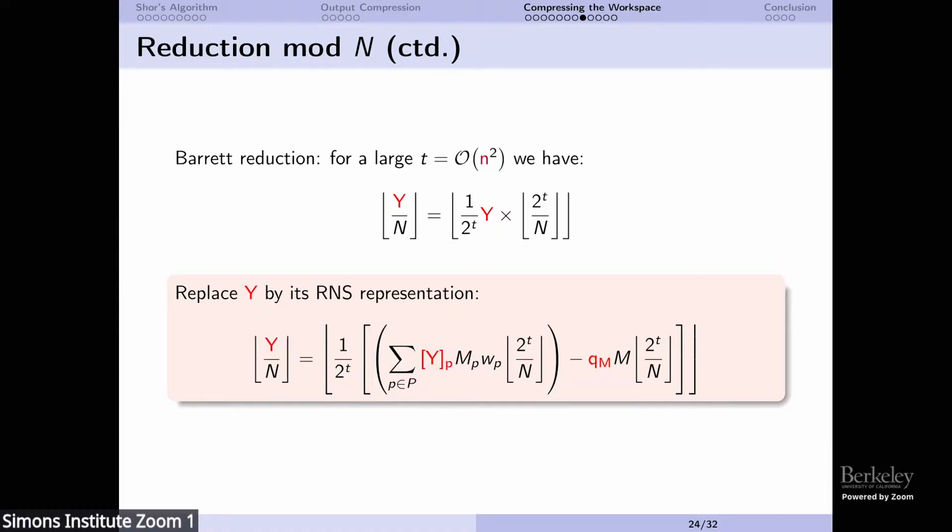So at this point, what we get is a sum of integers which depends on the RNS residues, and all these integers are very big constants. All of this QM is also computed by us, so we also get something which is big, a big constant. And then we take this sum, and we want to take some bits in this sum, because this is what the division by 2 to the t and then the floor means in the end. We just want to take some bits in a sum of very large integers, and these bits are located somewhere in this sum. Okay? So well, we can do that.